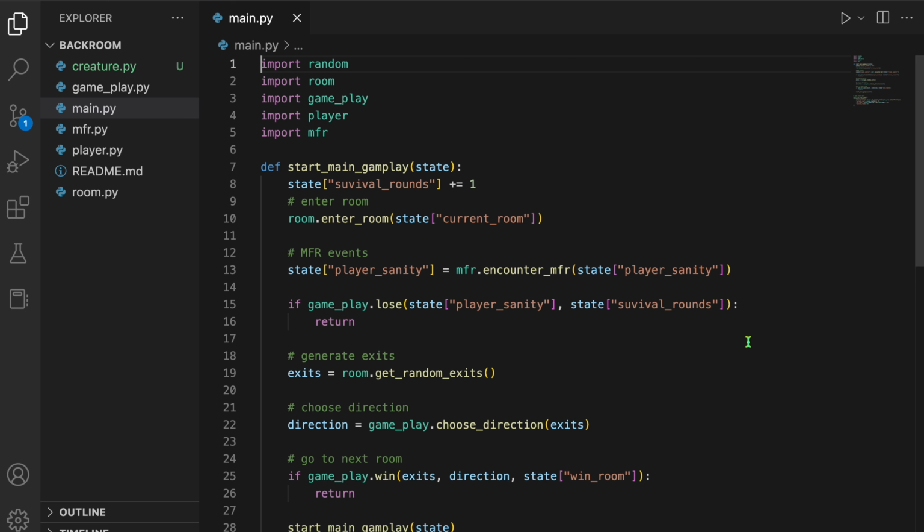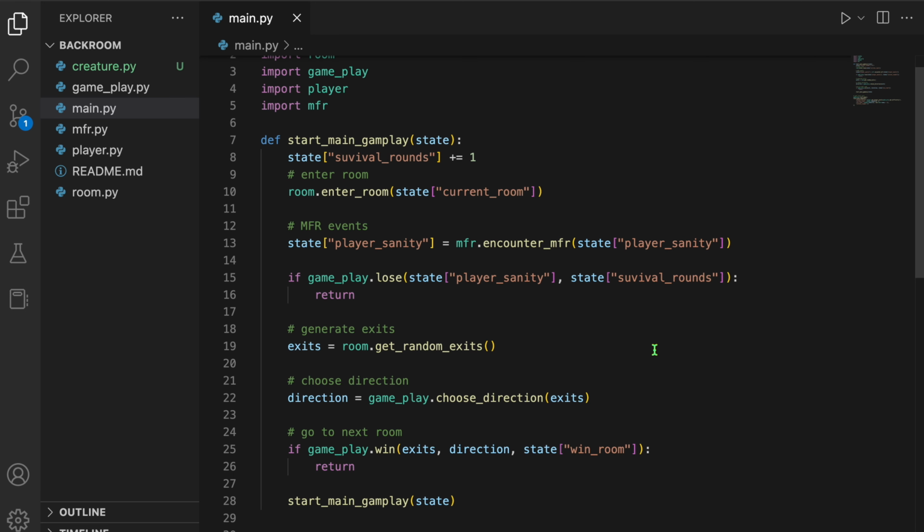But in this game, we have something that is a good fit for the object-oriented way. So as you can see, last time you asked me, there are a lot of state here. You have to do the state a lot of times. So there's a good fit for the player to be an object, because you can see the current room, the survival rounds,